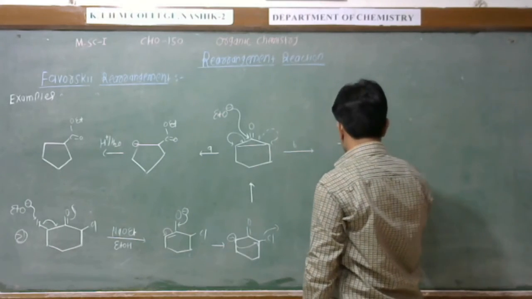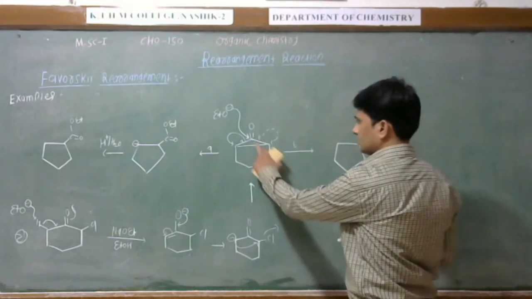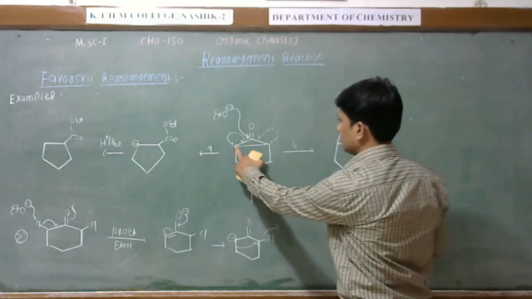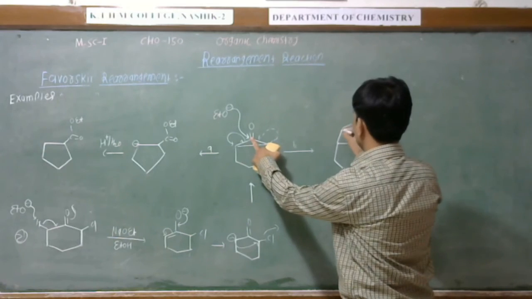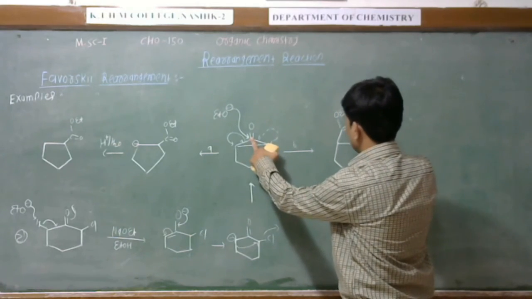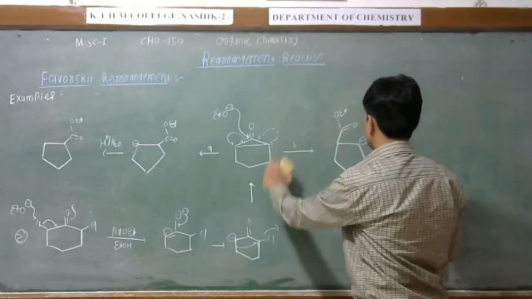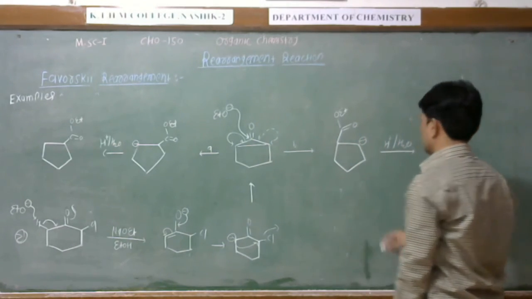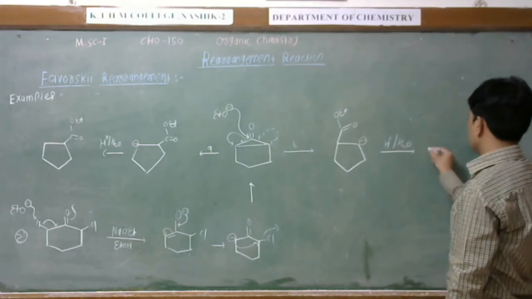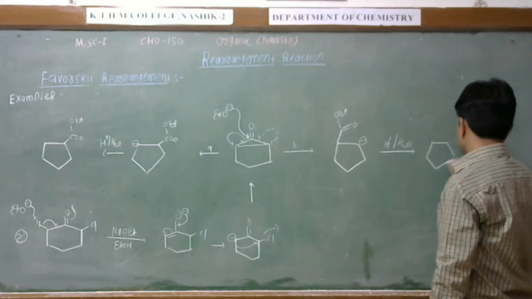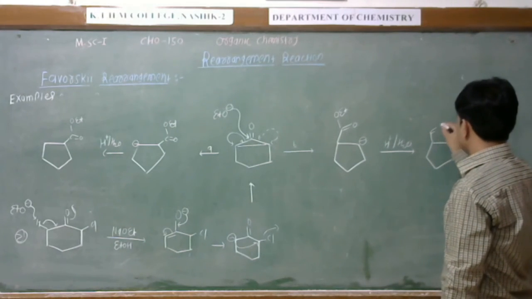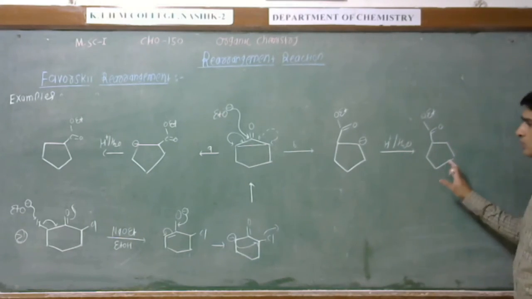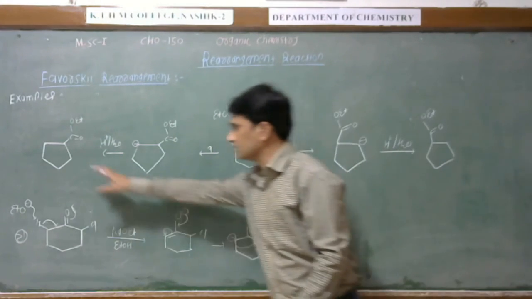we can write here the structure. This is the 5-member ring, and to this position there is attachment of the carbonyl group, and this OEt will be attached here, and on this position there is a negative charge, which on hydrolysis with the acidic water will extract the proton and give the neutral species. See, this is the C double bond O, and this is OEt. So in such a way, we got the two products, 1 and 2.